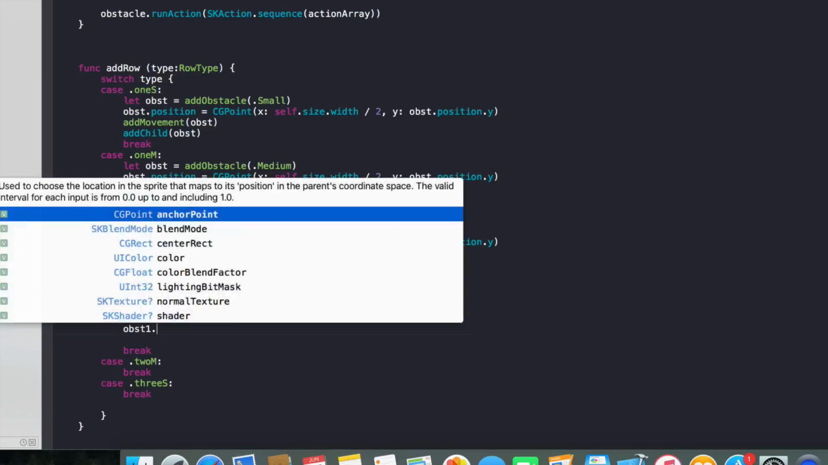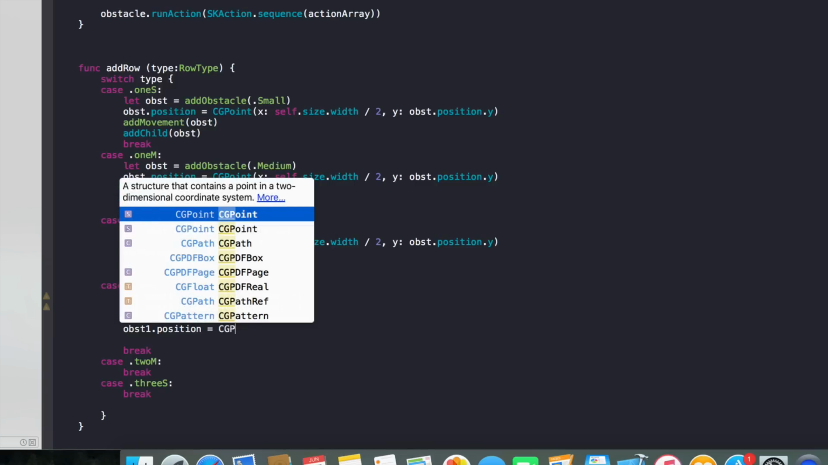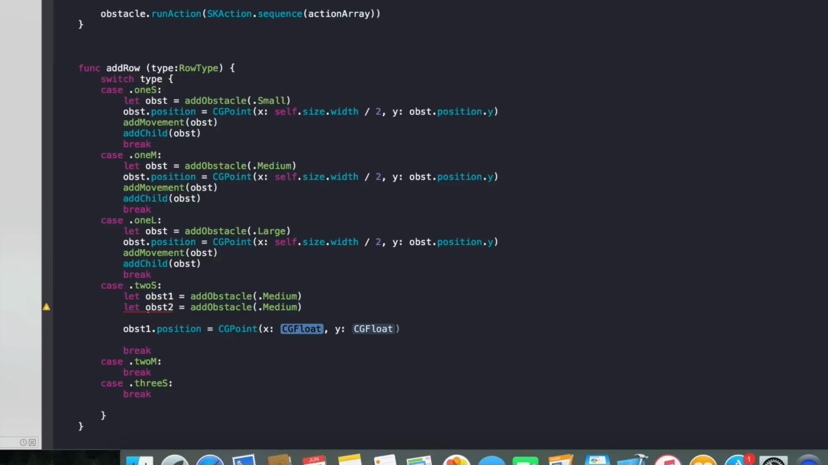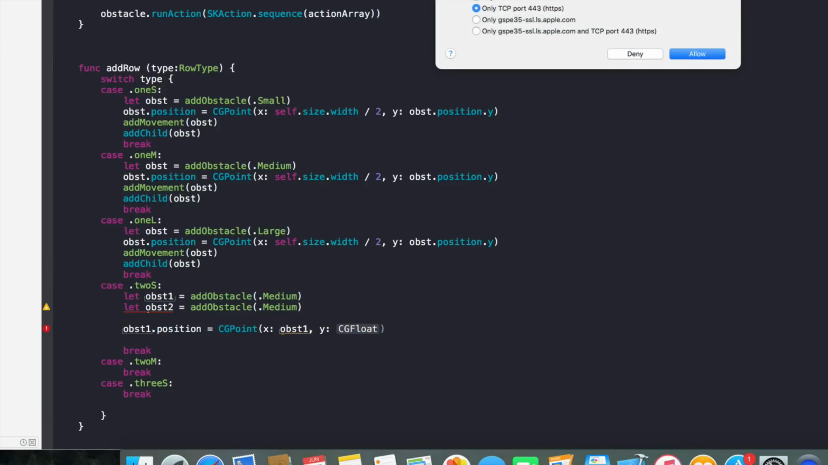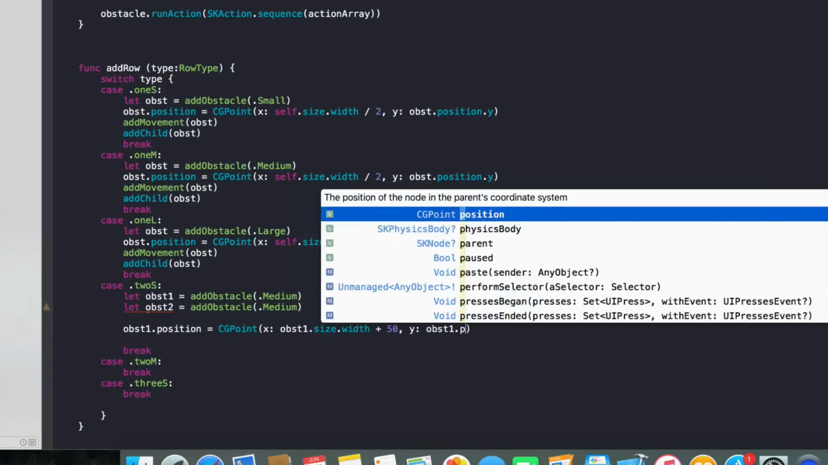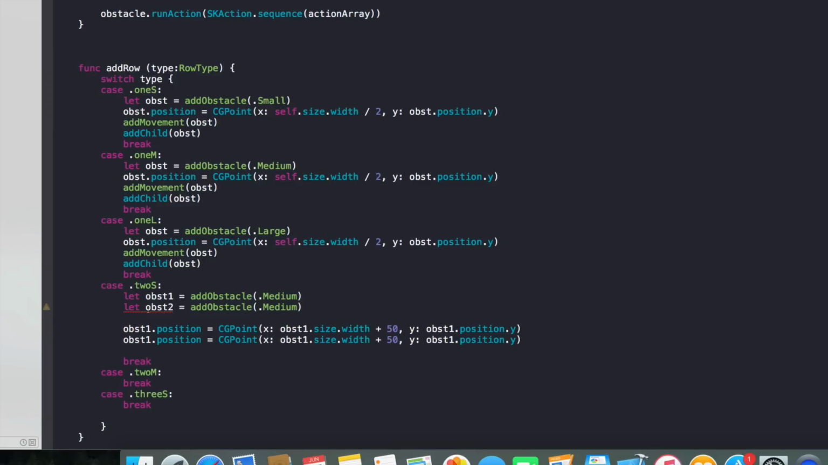So we use obstacle 1, its position property, use CGPoint, and then we give it an X position, and this is simply going to be obstacle 1's size.width, and we will add 50 to that, and simply again the obstacle's position.y. Then we can copy that line of code,